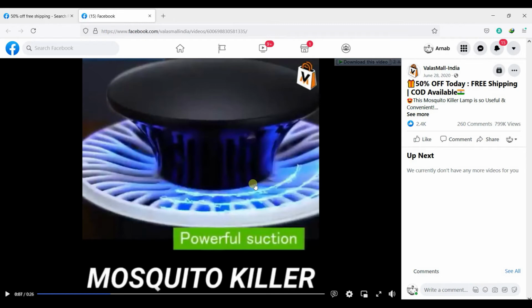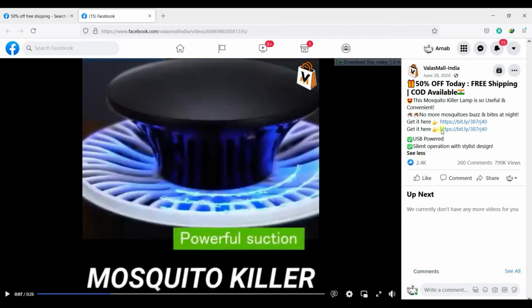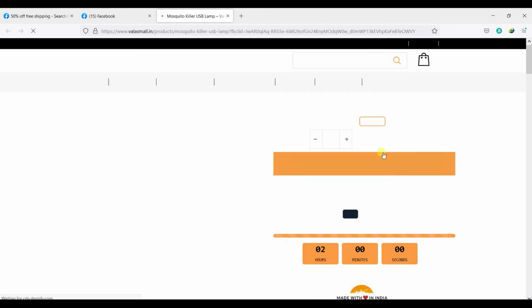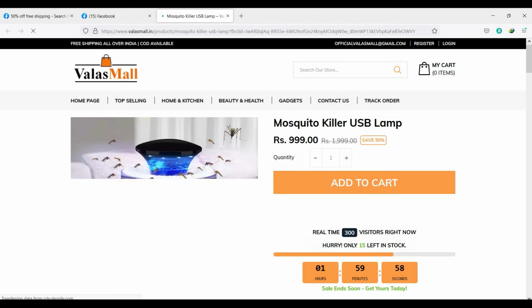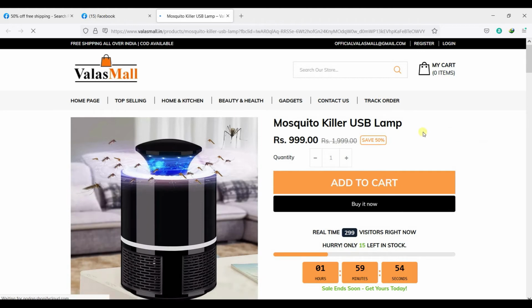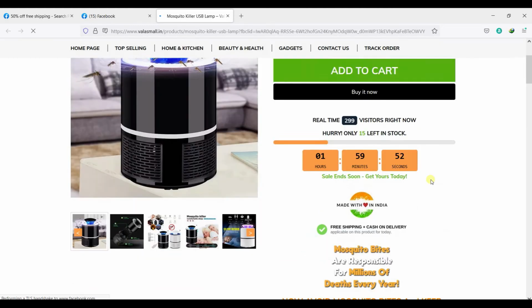But for the time being, just check their copy, and you can also check the store. You will get the idea of pricing and all. So this is the website, and this is the pricing.